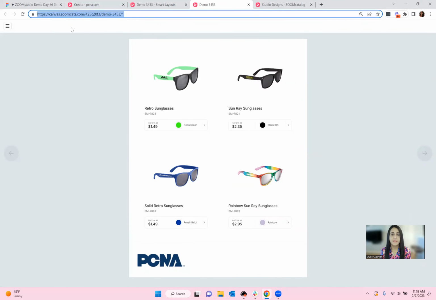So you get your shareable link and you send it over, and then not only that, you can jump into the dashboard and track it. So you know when the distributor has viewed it, when they've shared it, and when the end user has viewed it as well. If you need to make changes, you can always log right back in and adjust, replace products,